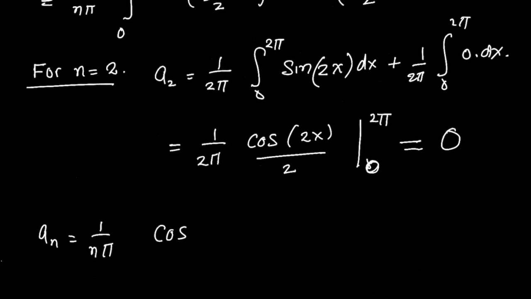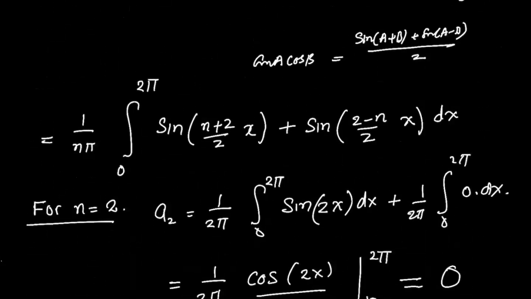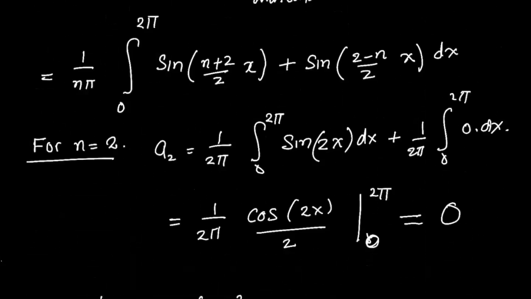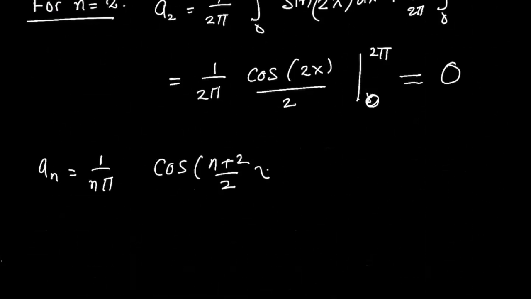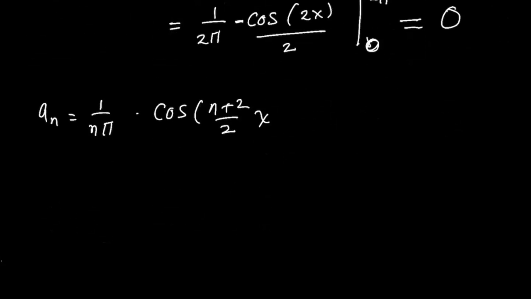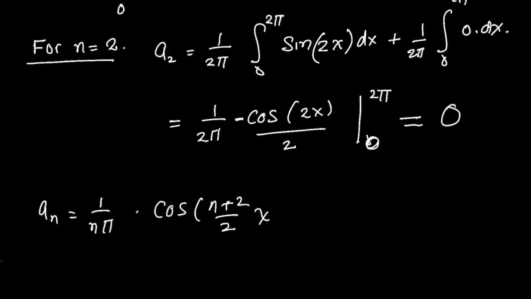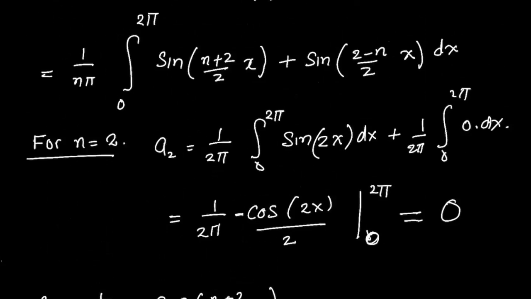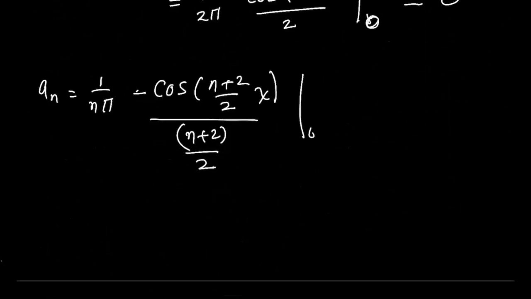This is a cosine n plus 2 over 2 x. There's one thing missing, a negative sign, but that doesn't matter. This is a negative sign. And the integration of this thing, that's 2, that's fine. So the integration of that is negative sine n plus 2 over 2, that from 0 to 2 pi,